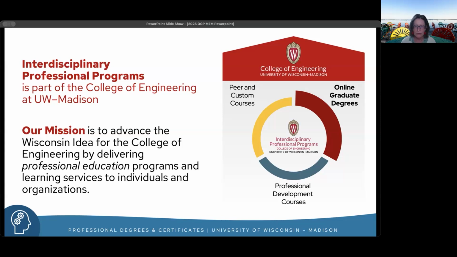But they also do professional development courses, which are short courses that you might use for continuing education credits. And then we also do peer learning and custom courses as well. Our mission is to advance the Wisconsin idea for COE, for the College of Engineering, by delivering professional education programs and learning services to individuals and organizations. And so we are that red portion of this unit.